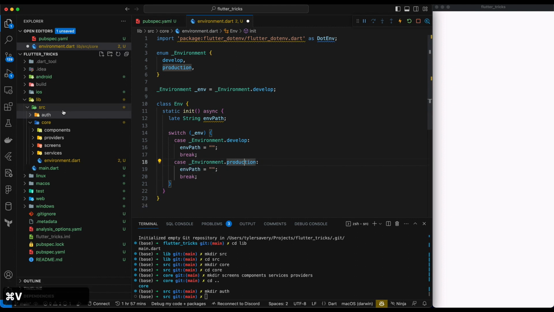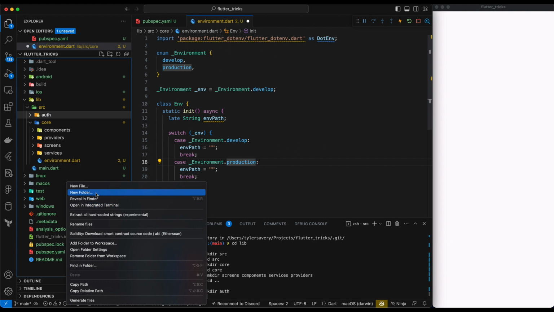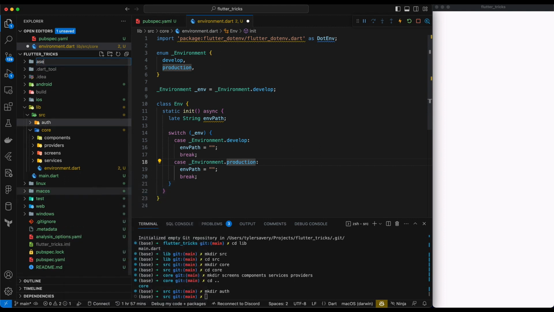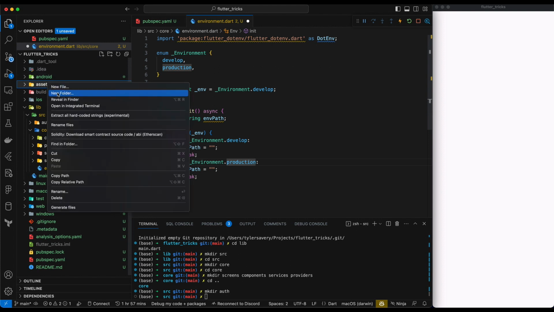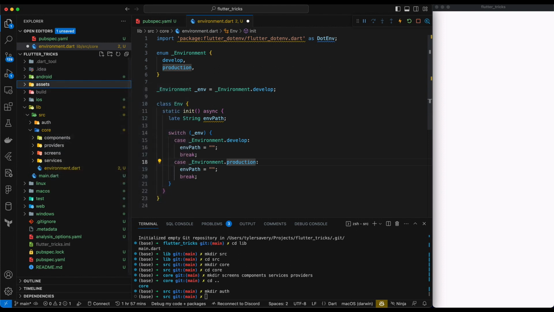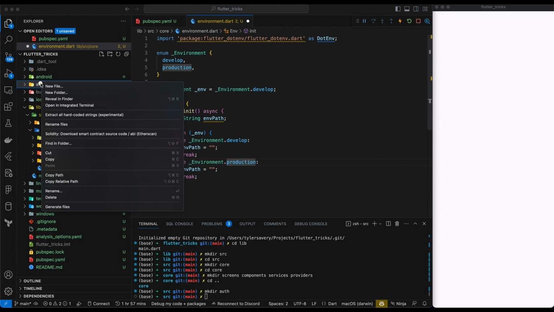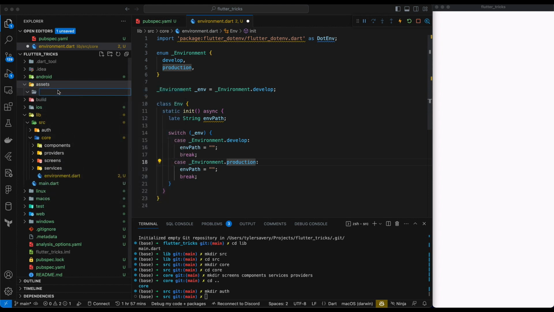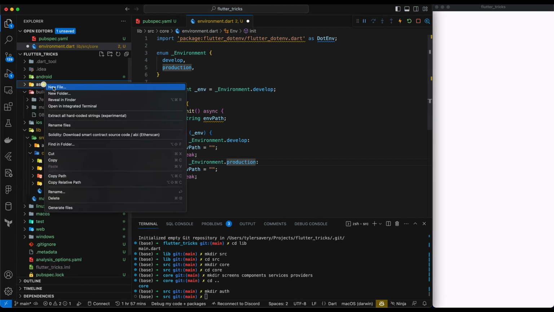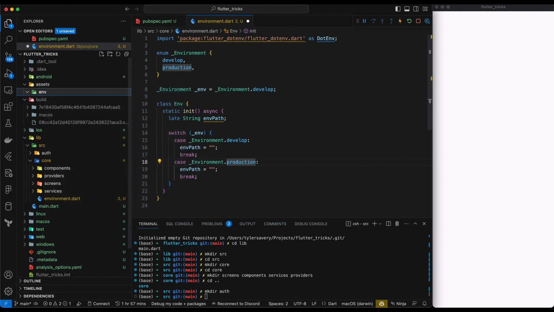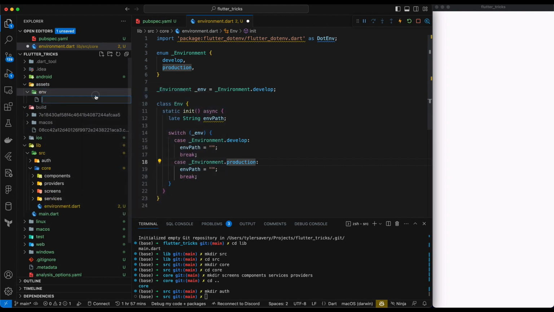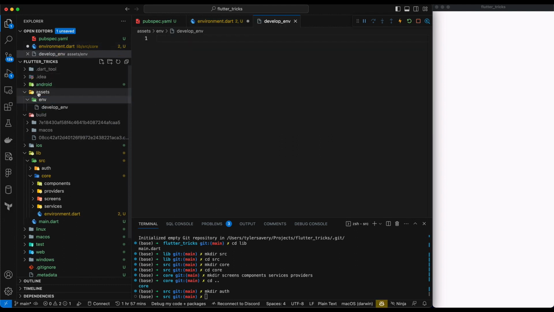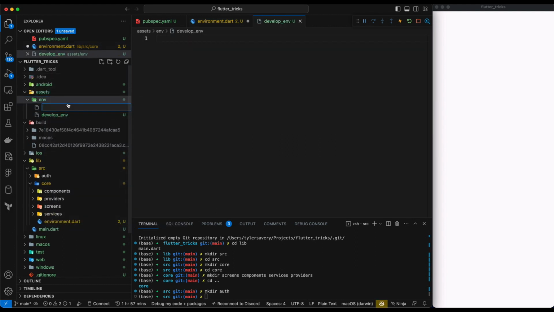Okay, so what I want to do now is go into my assets folder, which we don't even have yet. So let's make a new folder called assets. And inside here, we're going to make another new folder called env. And inside here, we are going to make one called develop_env and a file called